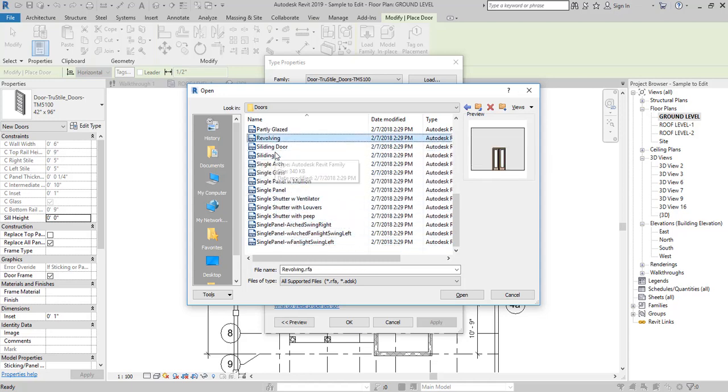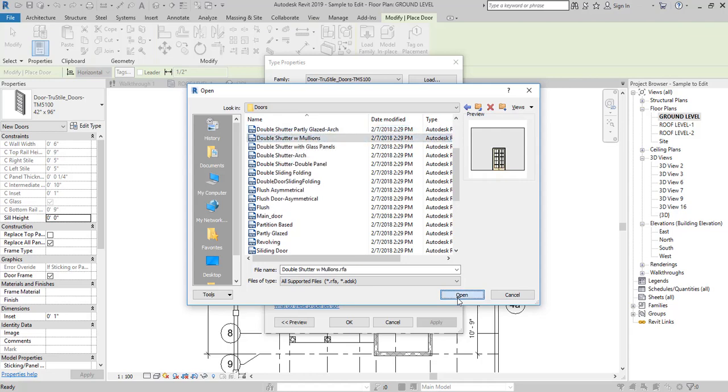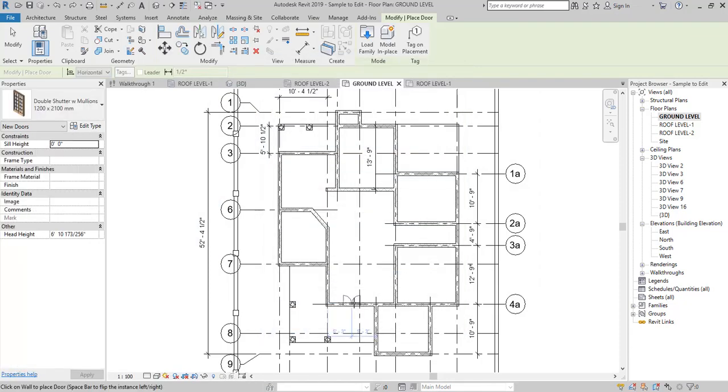Here I am selecting this door as my main door and click Open. After selecting the correct door, click OK. Here I am inserting the door like that,